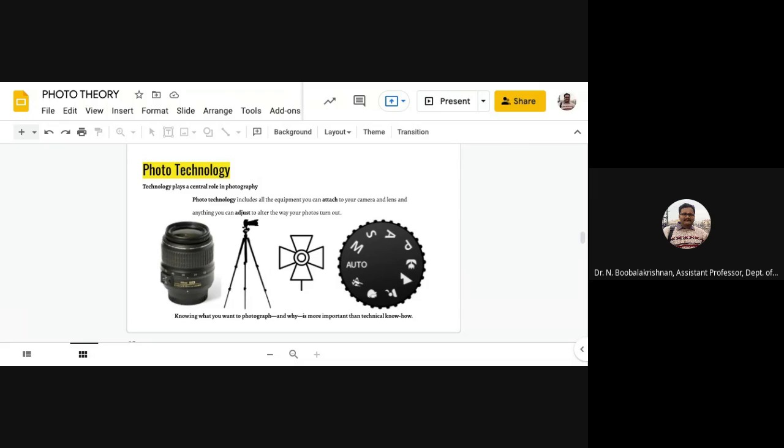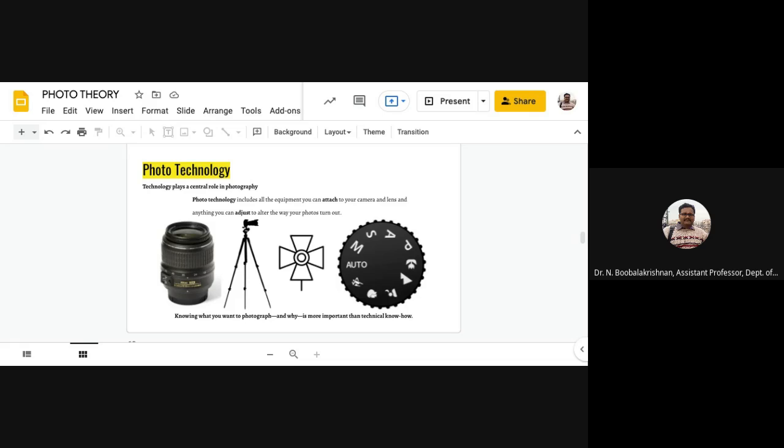So even adjustments caused by the use of accessories such as tripod, that you can see in the slide, the three legs tripod, underwater housing, if you're going for underwater photography, flash, or any other lighting equipment fall into this category.